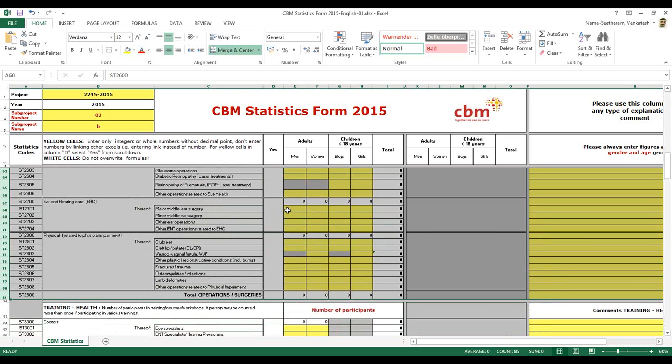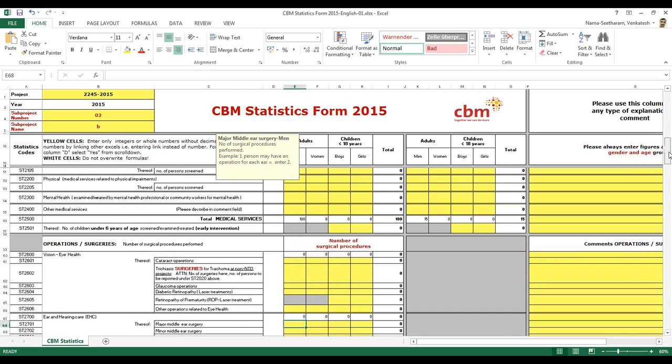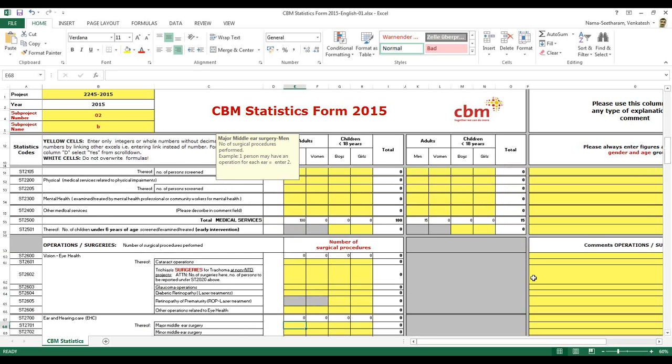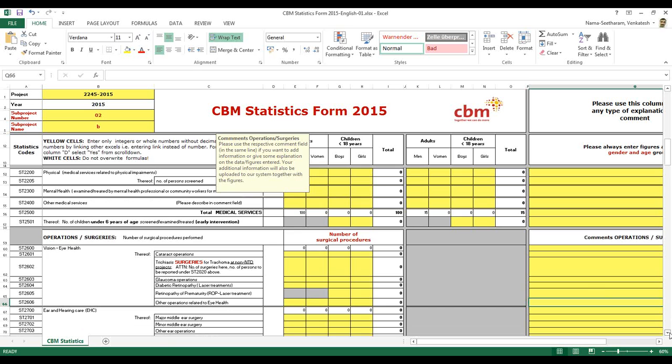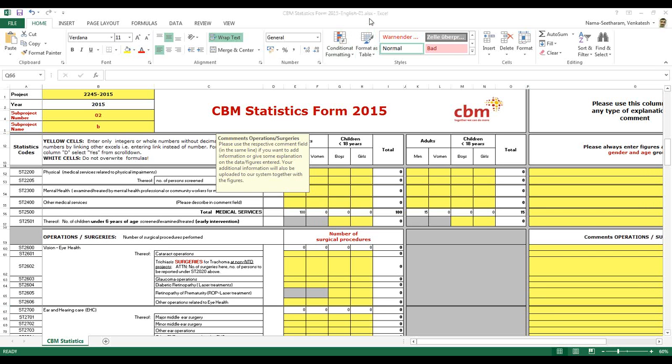goes till row number 81. And if they want to give any comment, for example, other operations related to eye health, if they are putting any numbers and they want to add a comment, something like, okay, these operations were related to this, or they can give any additional comments if they require. Fine. Next section would be